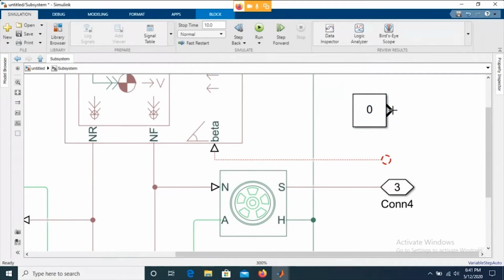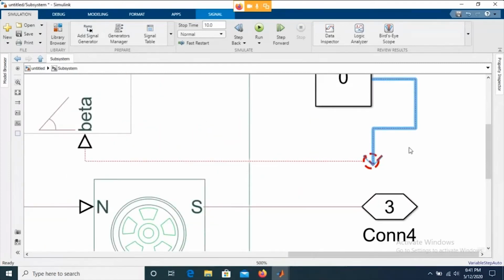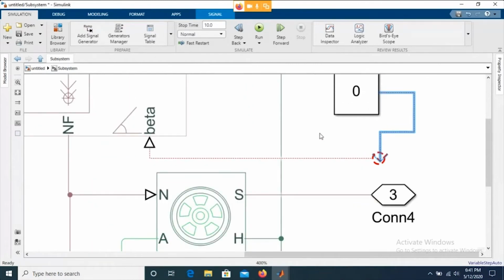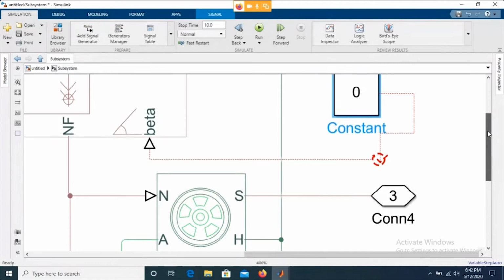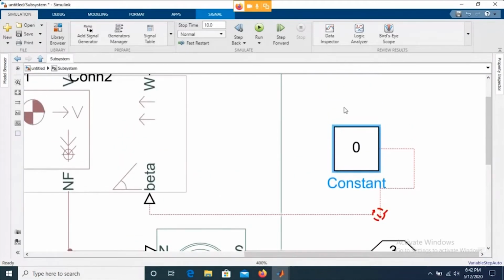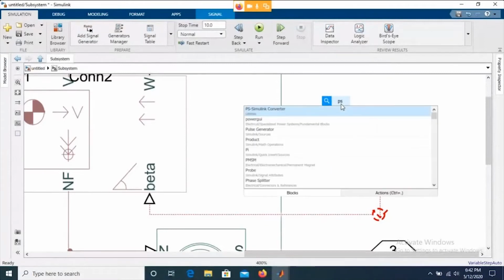So this is a 0 as a digital value, and this is the vehicle body which is going to accept the physical value. If I try to connect the value with the physical signal, I will not be able to make a connection. Why am I not able to make the connection? Because these two are different signals. One is a physical signal, and this one is a constant, which is a number. So what I need to do is use a PS to Simulink converter or Simulink to physical signal converter and add it over here, or I can use a PS or physical system constant.